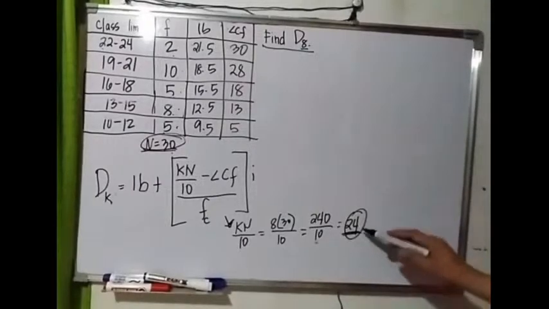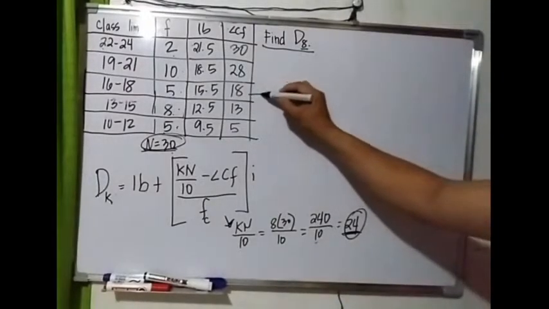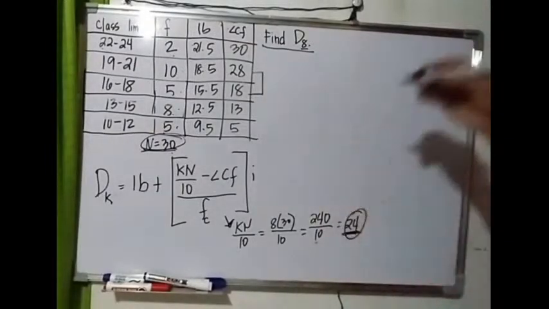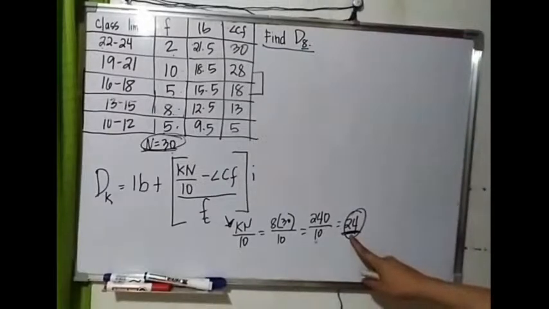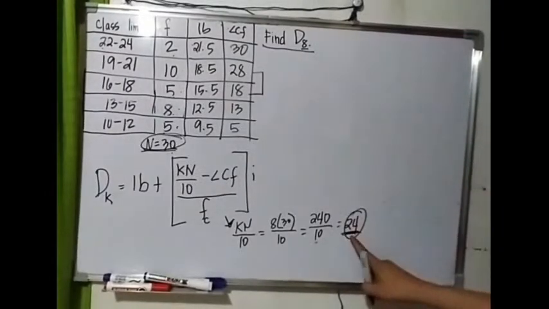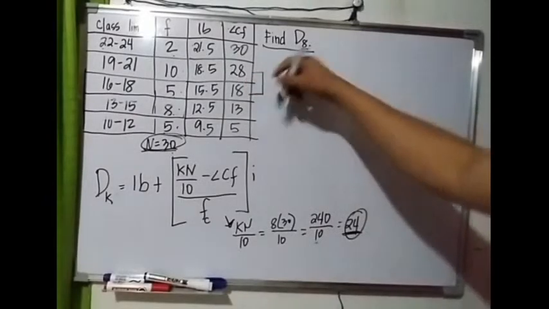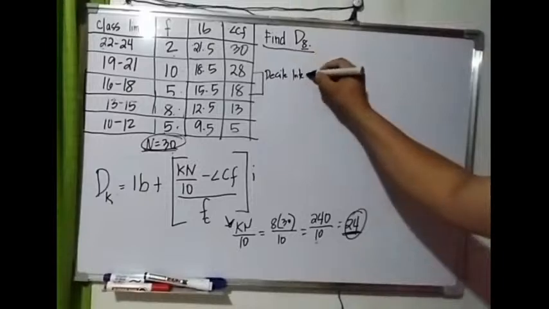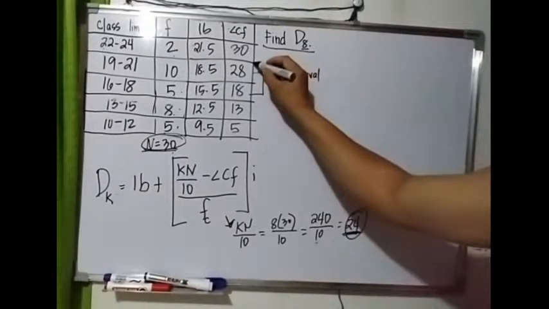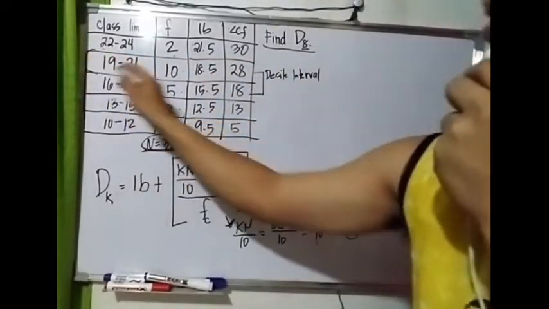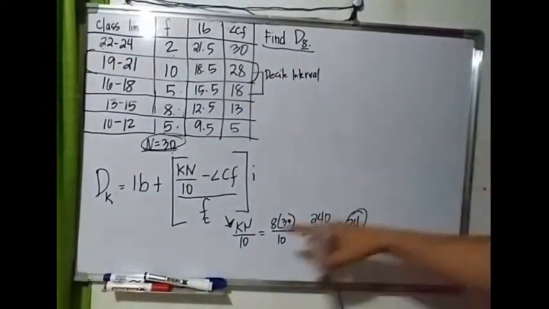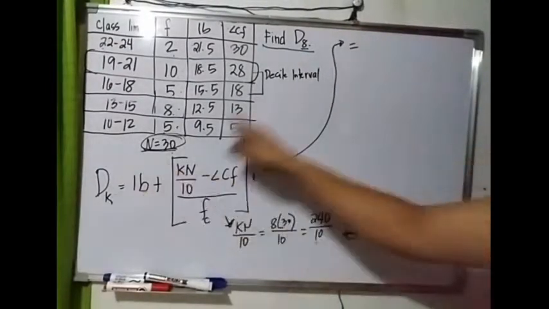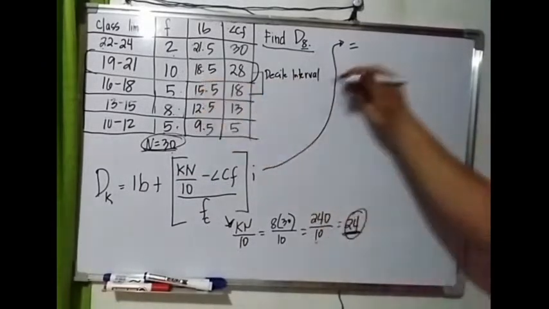Then 24 lies between this one, 18 and 28. But take note to find the decile interval that is greater than 24. So greater than 24 is 28. So ito na yung decile interval. So dito na kayo naka-base lahat. Ito, dito na kayo naka-base lahat. So we will use this formula, i-substitute natin. So that is equals lower boundary sa decile class, that is 18.5